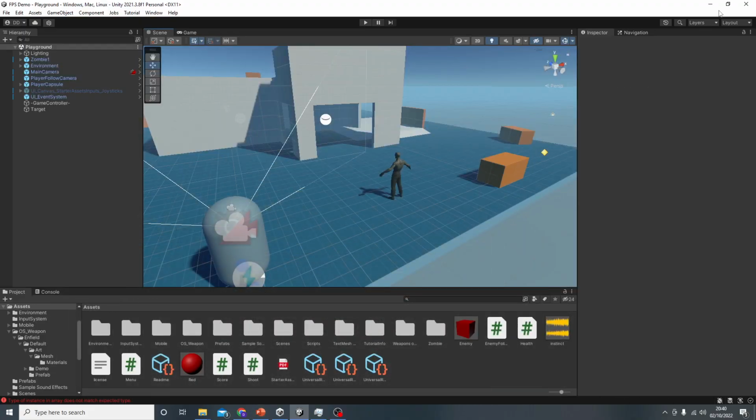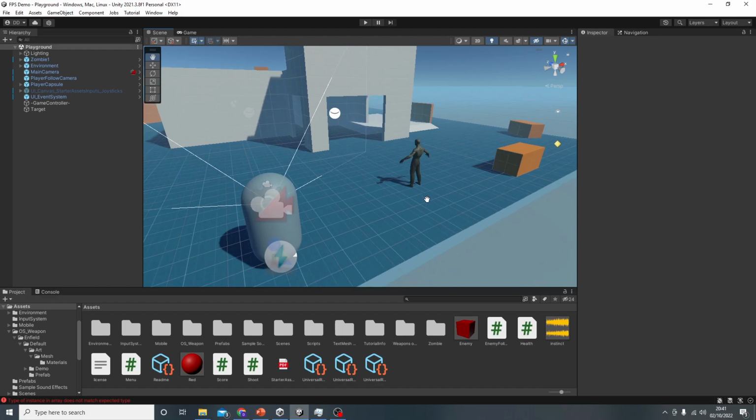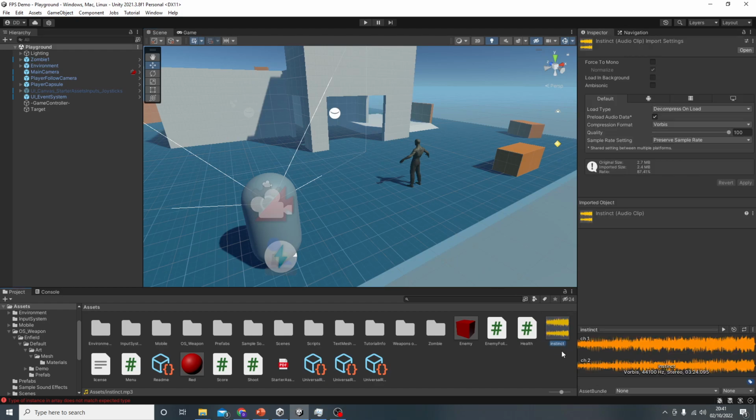I'll try and keep it under half an hour. Let's see how we go with that. So what we've got here is our scene that we've done. This is the AI tutorial. I've just carried on from that. All I have added though is I've got a piece of music here which is called Instinct, and